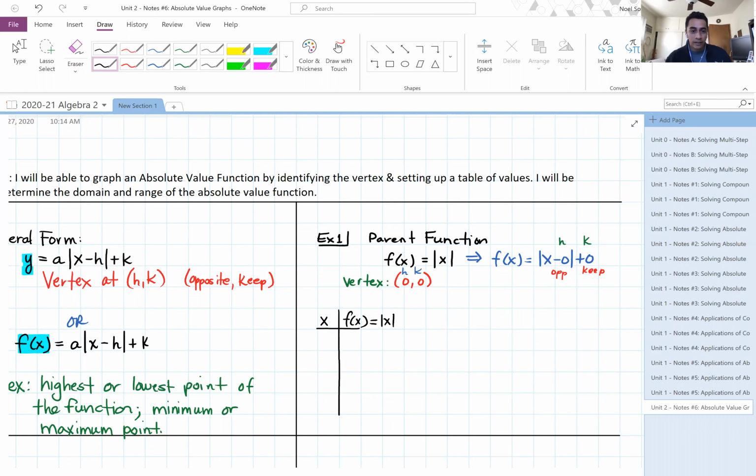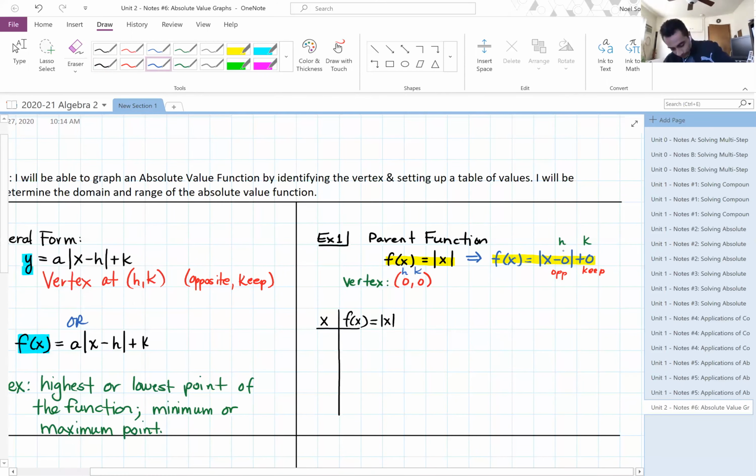Repeat. Okay, are we talking about the h and k part, the opposite keep? Okay, so right now I rewrote f of x equals absolute value of x. I rewrote this part into this because I wanted to show you why the vertex is 0, 0, right? It's built into the function. It's just kind of like invisible because when you subtract 0, there's no need to show that. And when you add 0, there's no need to show that either. So the reason why I rewrote it in the new way is to show you where the vertex comes from, that the vertex will be